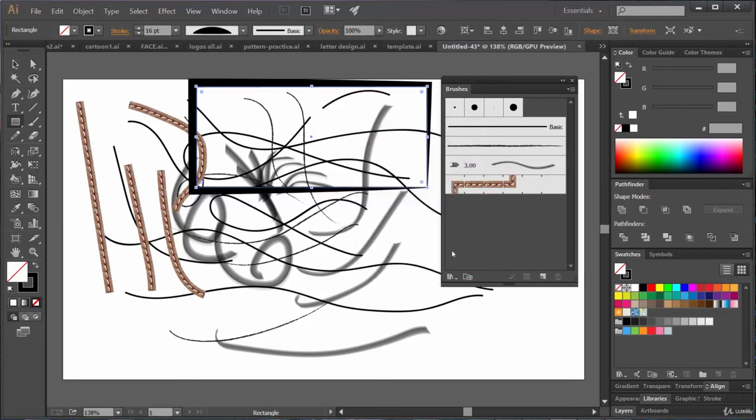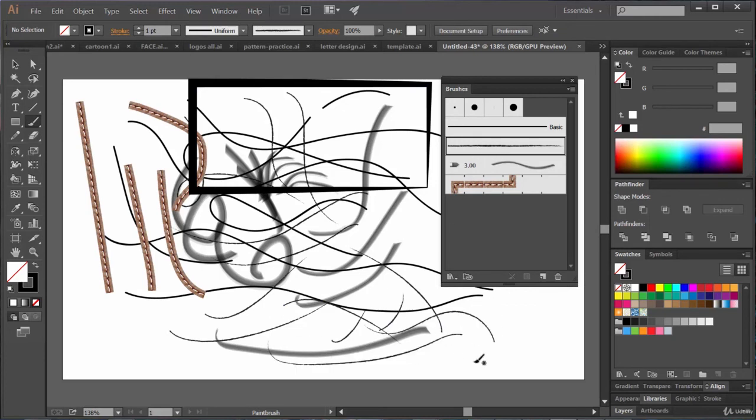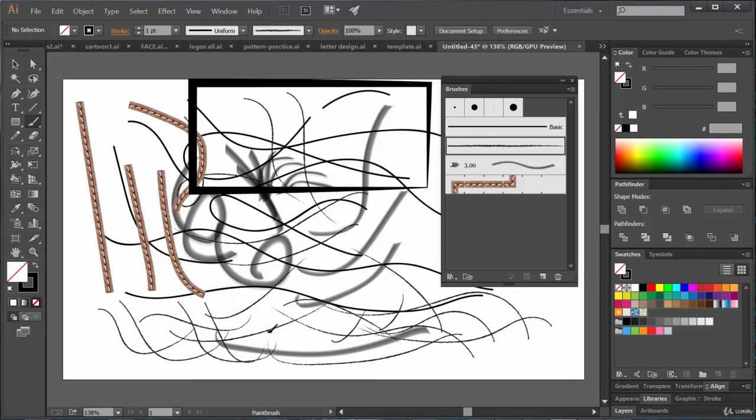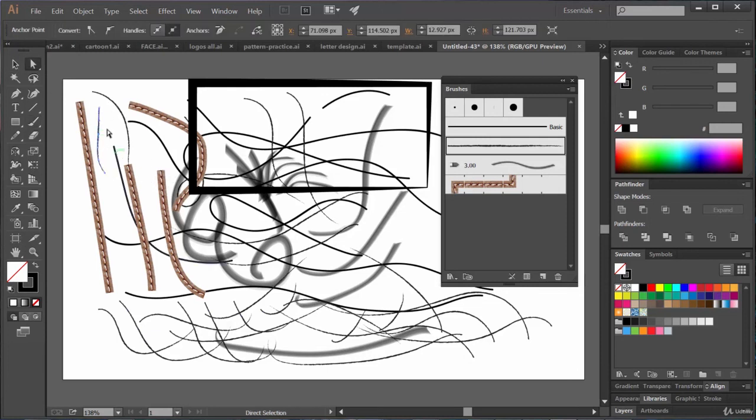Again, how can we use the brush tool? Just select the brush tool to work with it and just provide simple strokes. Currently this brush is selected and that's why we are getting these kind of strokes. And remember, every stroke you are giving, these are all strokes. And you can even modify these strokes using the direct selection tool.